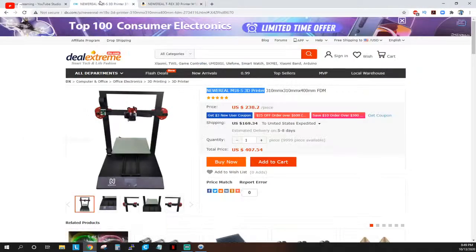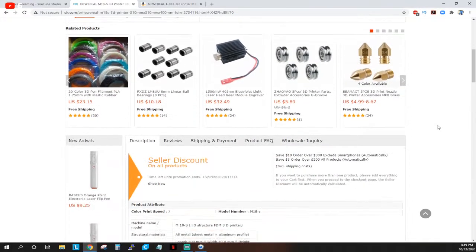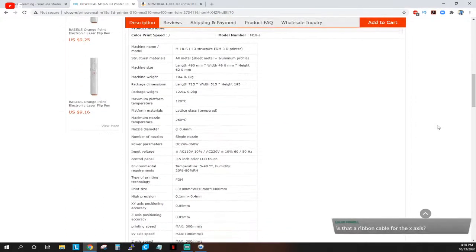If I go to their actual DX.com website, the printer is $238, but to get it shipped over here will run you basically two-thirds the price. Interesting, right? So their total price is $475.4. So interesting. This appears to have been shipped from Amazon. Came in a big Amazon box. When I was looking through here for any kind of direct information,